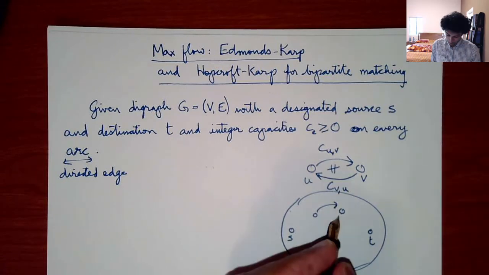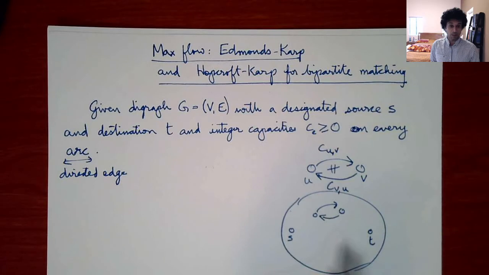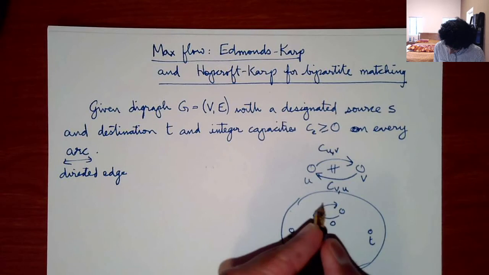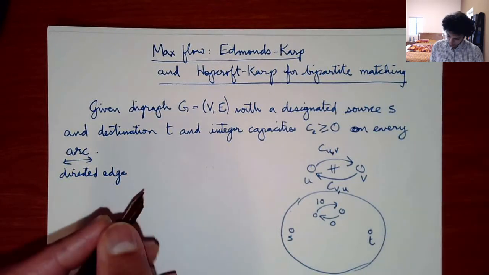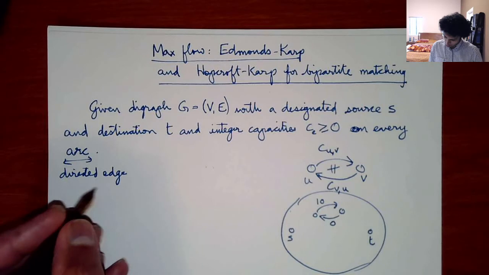And those capacities may be different because maybe the capacity here is 0 because it's a one-way street, and here is 10. So you can have capacities, this is not symmetric. And so you have capacities given all over your network or your graph, and you need to route as much flow as possible. And so what you need to compute is